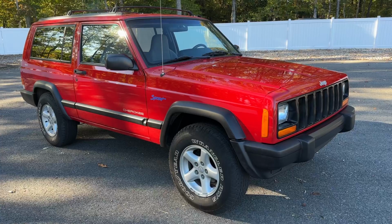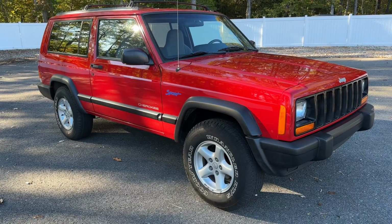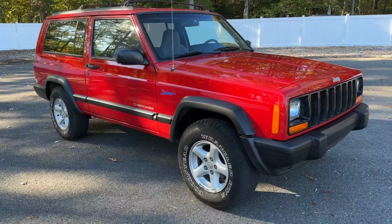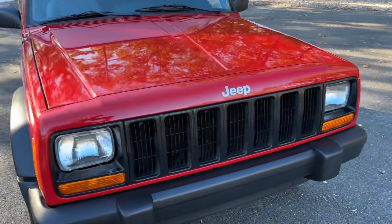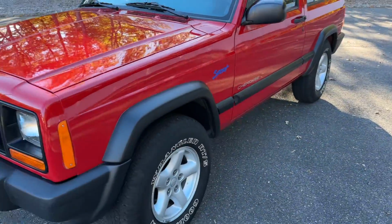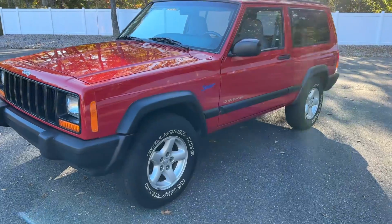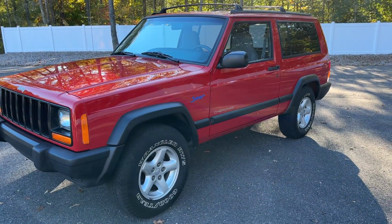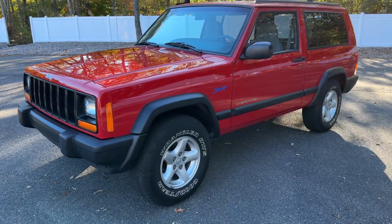Also, it has a recently new valve cover. Now, it has a slight seepage leak coming from the rear main seal, which about all these Jeeps do. And that's not to say that it wasn't done. It's just that a lot of mechanics that do it, it continues to leak after they do it. I don't want to say they don't know what they're doing, but